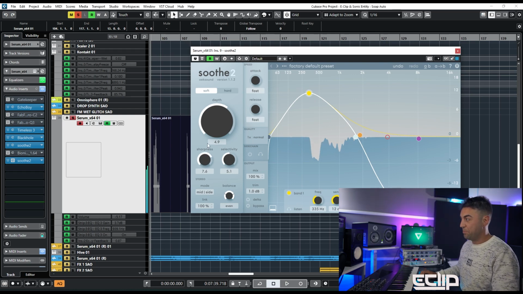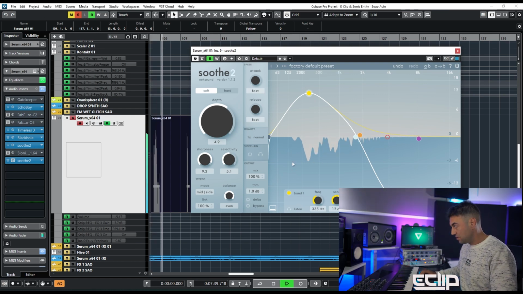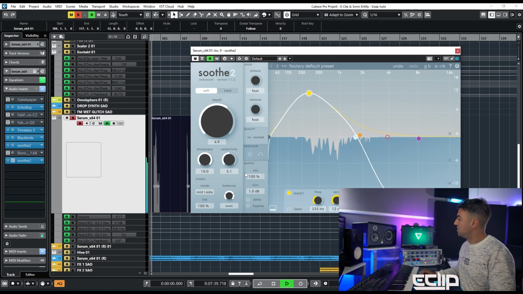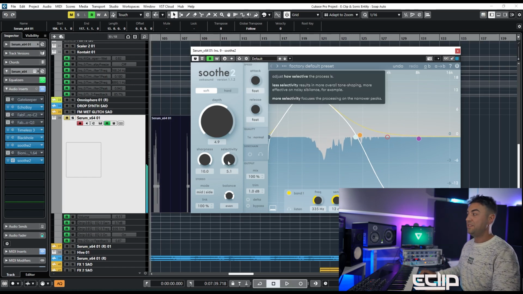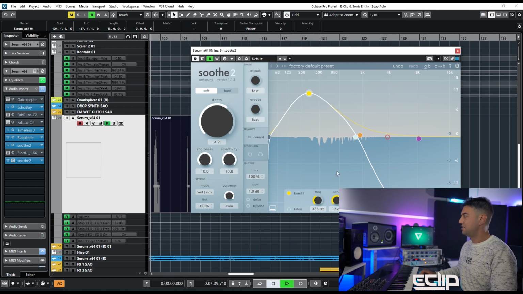If I increase the sharpness, there's going to be more detailed harmonic selections. And if I increase selectivity, it's kind of working a bit less. If I put the selectivity all the way down,